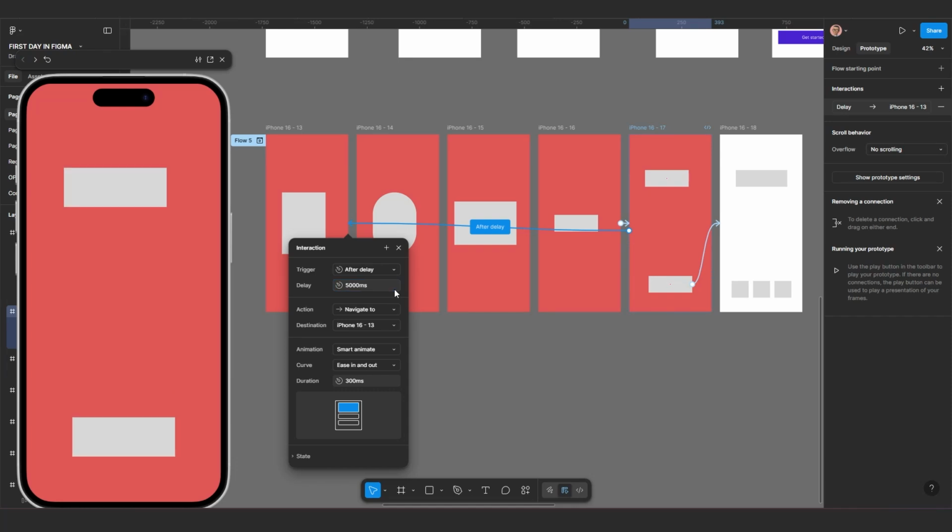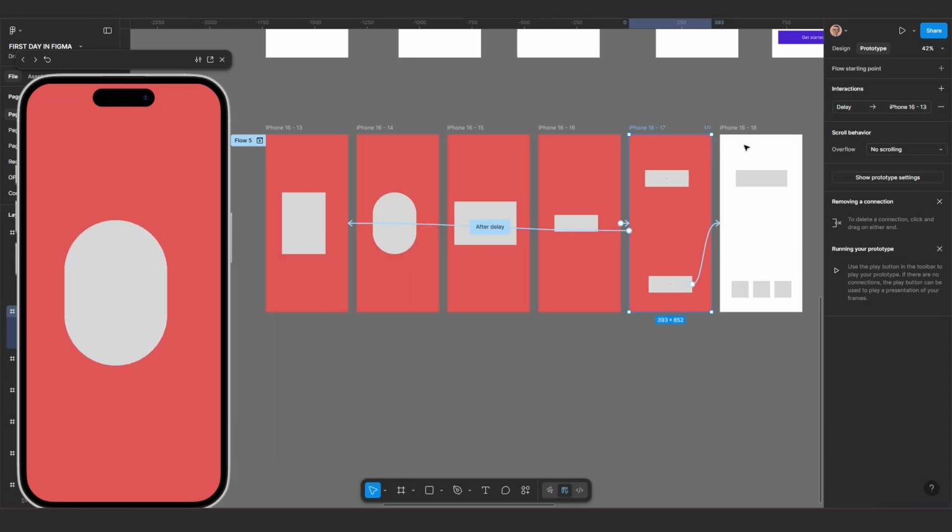Okay, then I'm going to make this one 1,000. So if the button that is on this page is not clicked for 5,000 milliseconds,